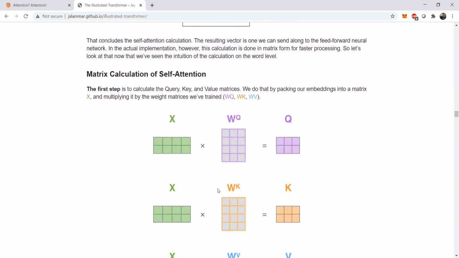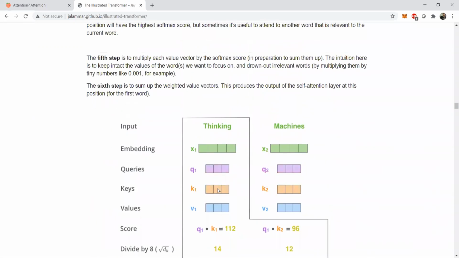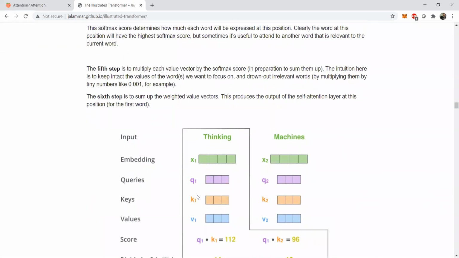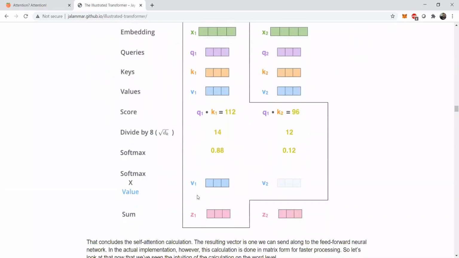Now, if we were to think about the matrix computation, how this is done in a matrix way. The first way, we have already considered, and we saw that q into k by root over dk is done. Then after that, the softmax activation is done, and whatever we get, we multiply that with the values, that is the v tensor or v vector, and then we sum them to get the z. So this is our workflow.